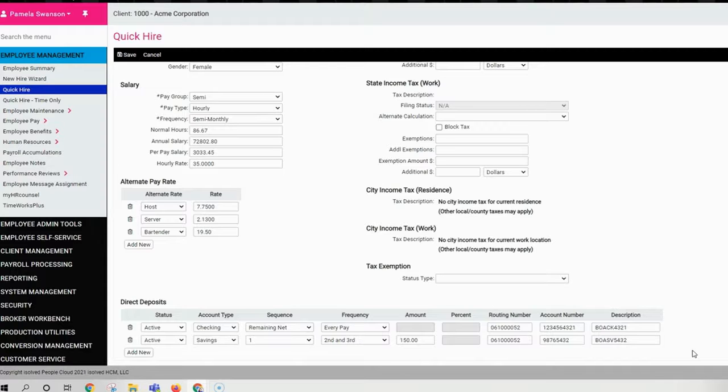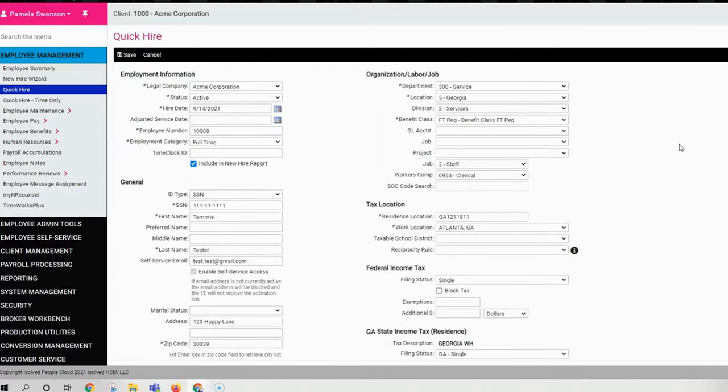Now notice, now that I have two, I need to distinguish between them. So both of them are at Bank of America. This is a checking, this is a savings, and then the last four of the account number is typically how I use the description. You do not have to use it that way. It's totally user preference. I'm going to scroll back up to the top of the page,